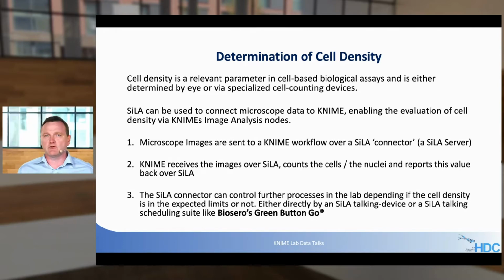So the microscope images are sent from the microscope to KNIME. KNIME receives the images over SiLA. We'll show later how this works. It counts the cells or the nucleus, and sends this data back to the SiLA server. So when I have this data, either a human robot, again, can decide what to do next, or